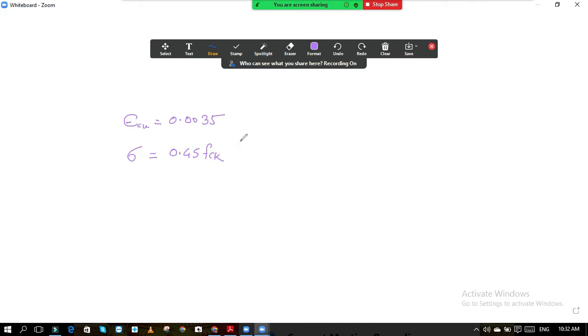From this we will get this. Okay, and after the stress reaches the strain level of 0.002, from there onwards up to 0.0035, that is up to the breaking strain, the curve will be flat. I think today there is some problem in the college with the net connectivity, maybe, so it is getting disconnected. Okay, so this is the design stress strain curve for the concrete.